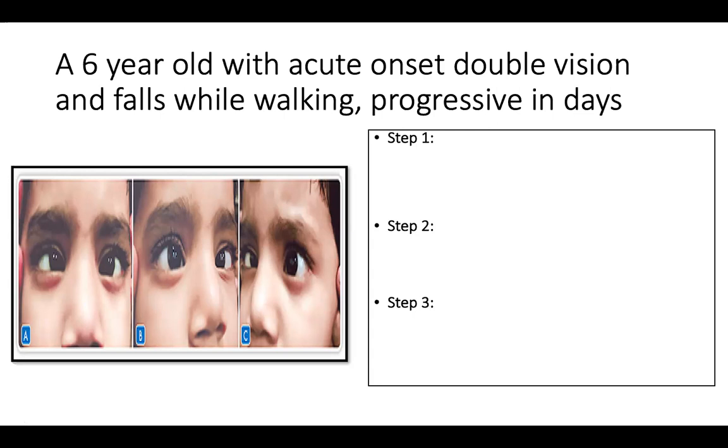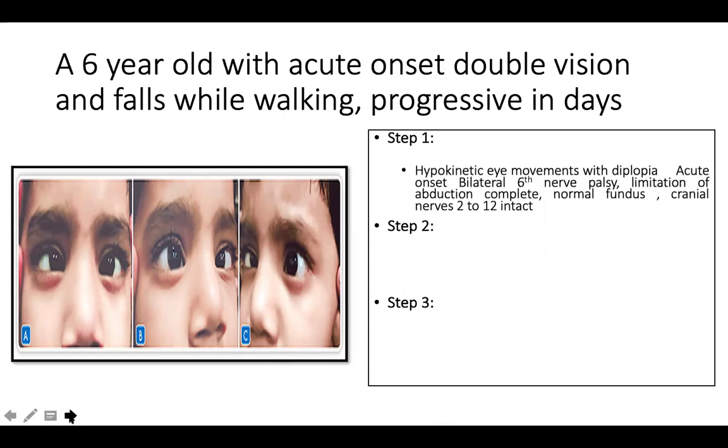So how do we analyze this case? Once you examine the other parts of the neurological examination, your tone, your power, your reflexes, and also do some other steps of eye examination like the fundus, the pupils, you would have a reasonable idea of what could be the etiology, right? Like in entire neurology, localization begins by clearly trying to understand your symptoms and trying to locate it anatomically, whether it is an upper motor neuron or a lower motor neuron, and then try to form a pattern. So that's what we try to do in this case.